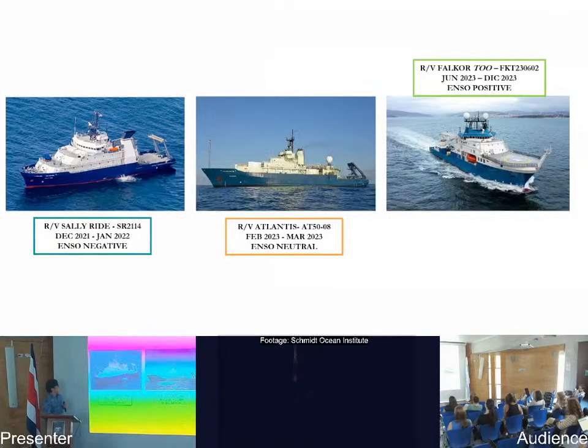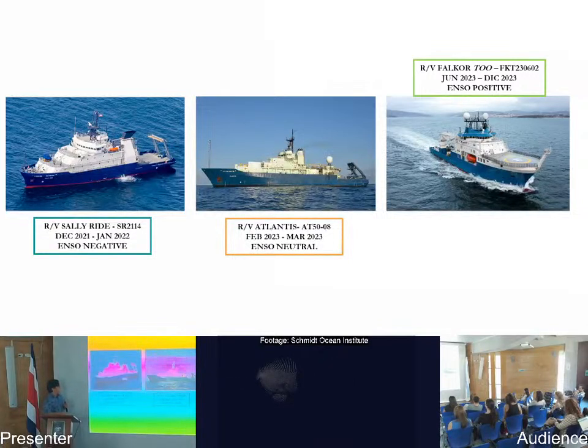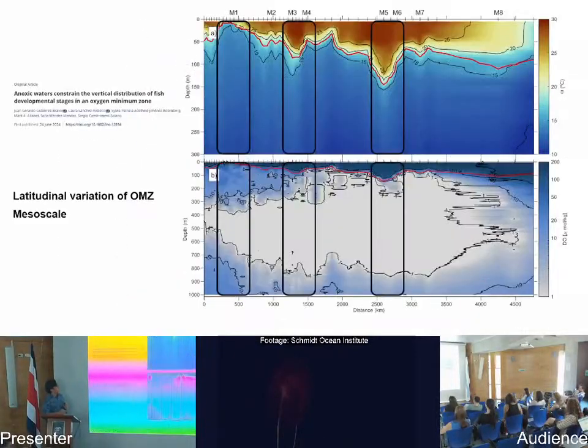Another important thing is that the circulation, we know, changes and is affected by the ENSO phases, by the El Niño Southern Oscillation. So just for you to take into consideration, the first two results of expeditions that I'm going to show happened in ENSO, the first one in ENSO negative, the second one in ENSO neutral, and the third one in ENSO positive. Okay, so for the first one,